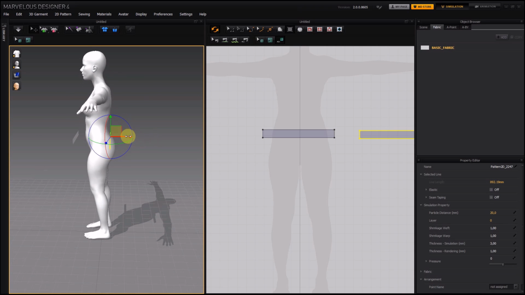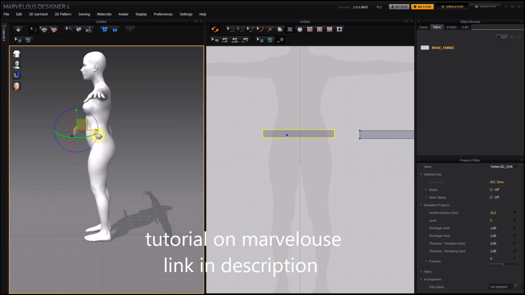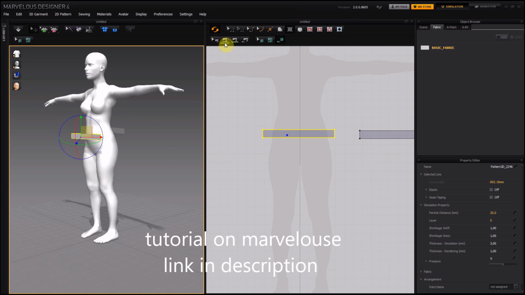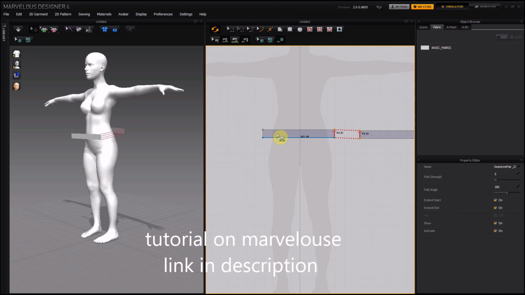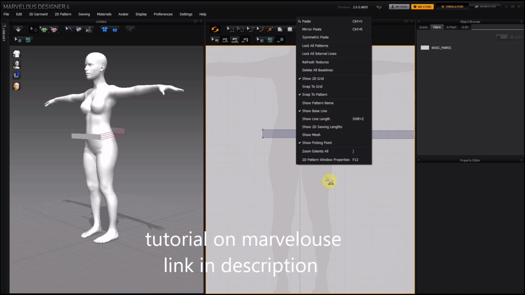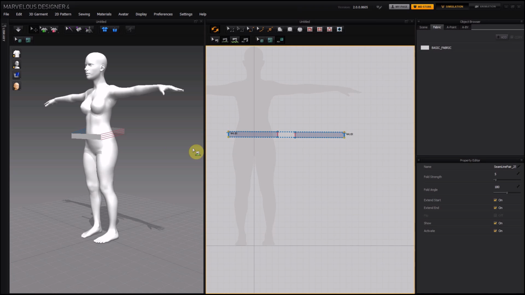It's not double-sided, so we have to flip the second layer. Like so. Then press this button to unify through different patterns,